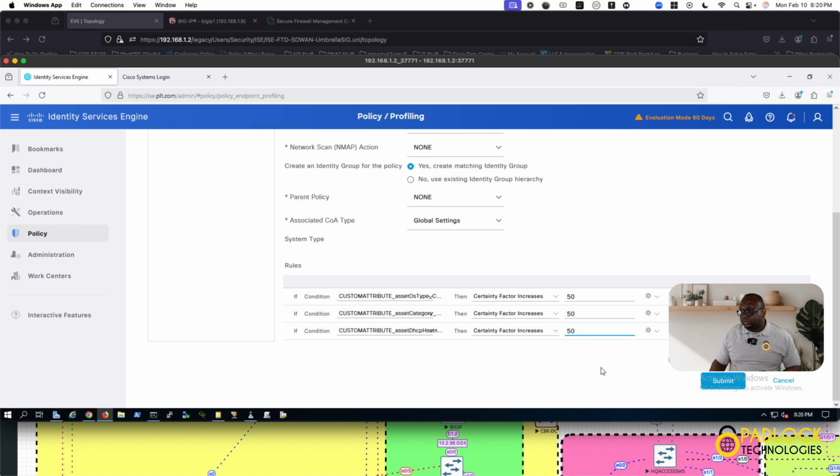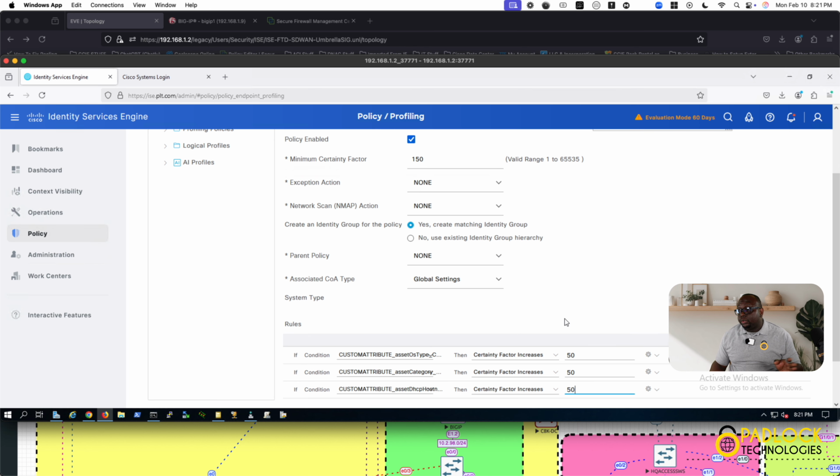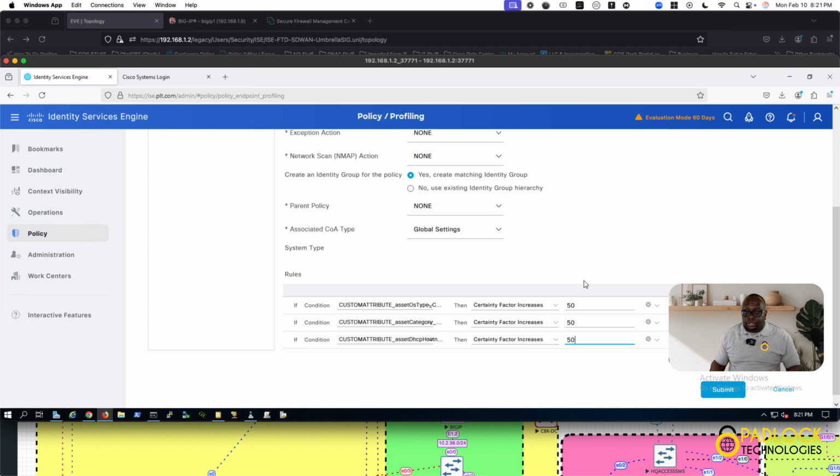So you do all this. And that would say, okay, if all these 3 things matched based on the stuff that I'm getting from Ordr, I'm going to hit my minimum certainty factor of 150. And then I'm going to allow that device on the network, because 150 means I am certain that these 3 conditions met whatever device I wanted to get on the network. I don't want to say 100% because nothing's guaranteed, but I can say I have a strong certainty that the device that plugged in that matched this profile is that actual device. So that's how you would use Ordr that is integrated with ISE to create custom policies